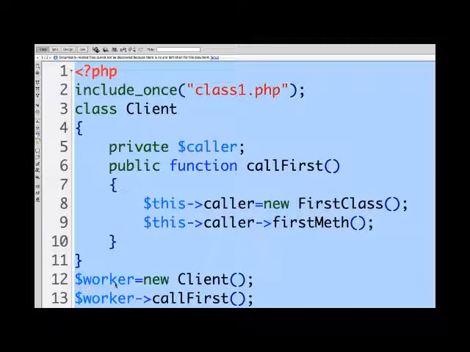And so what we do here is that this is outside of the class, and so I have worker equal new client. So here I'm instantiating an instance of the client class, and then with it I have the call first method that's part of client. And what this does is that it then of course goes ahead and instantiates and calls the method in the other class. Now this looks like going around the world to see your next door neighbor,